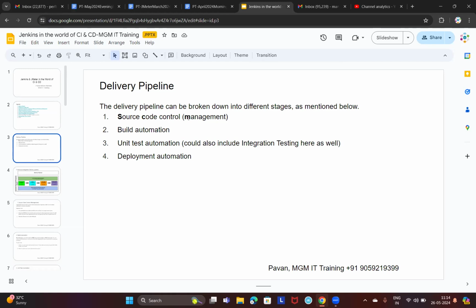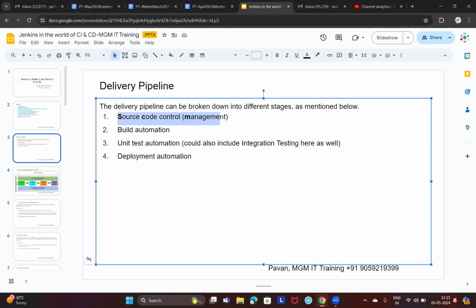As and when these code changes are done, they have to check in their code to some SCM tool, where SCM stands for source code management or source code control. Okay. So now once those code changes are pushed to that SCM tool,